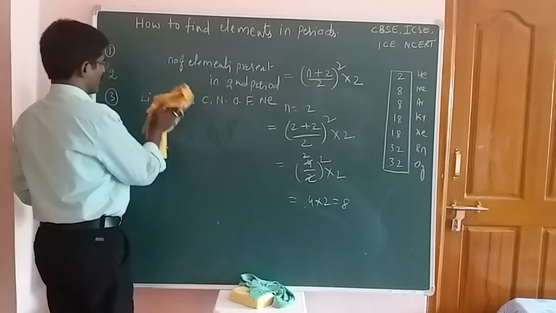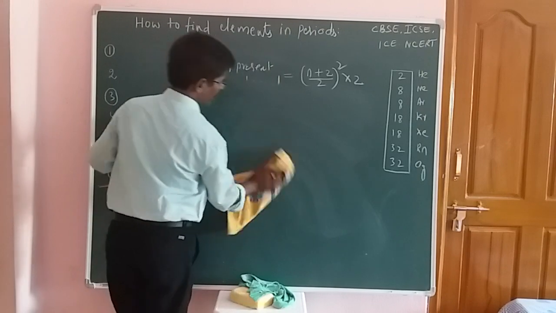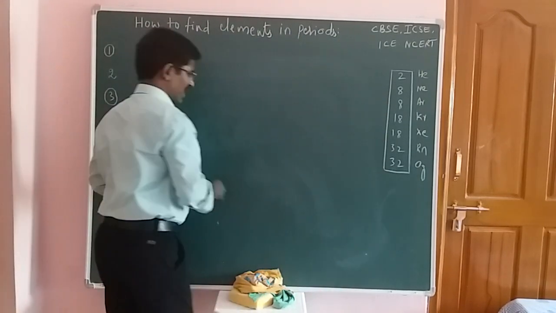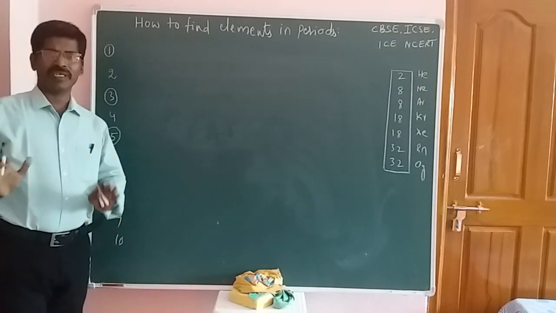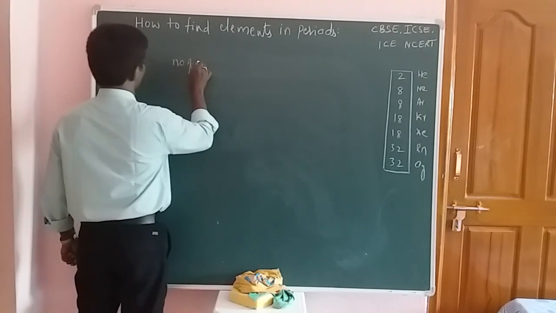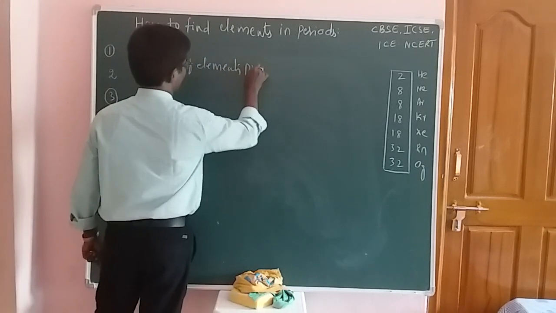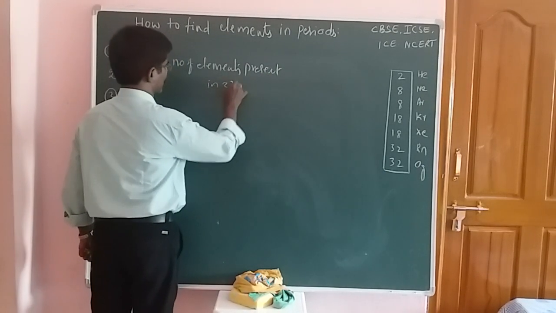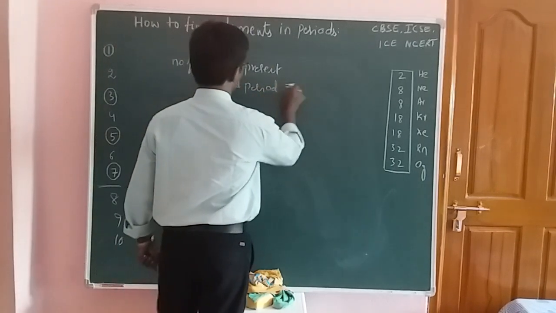Next, we have to find out the number of elements present in the third period. Okay, students. Now listen, students. Are you clear now? Are you okay? No problem. Now here, the number of elements present in the third period is equal to